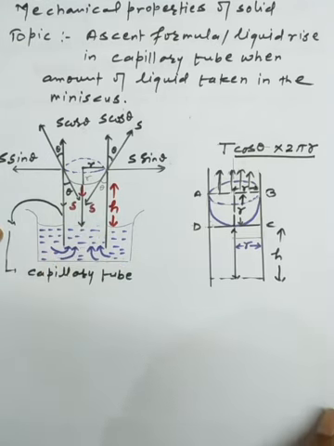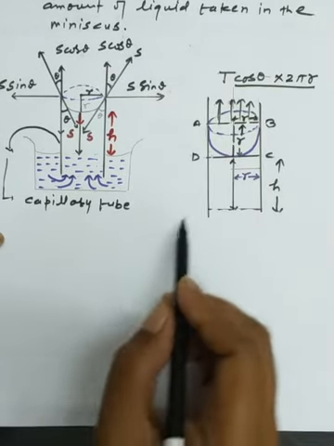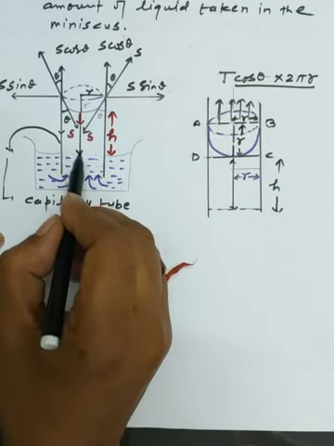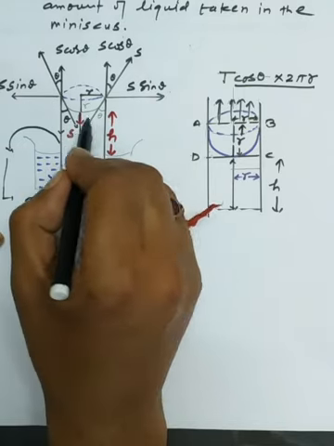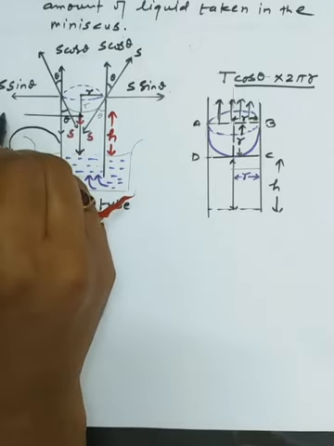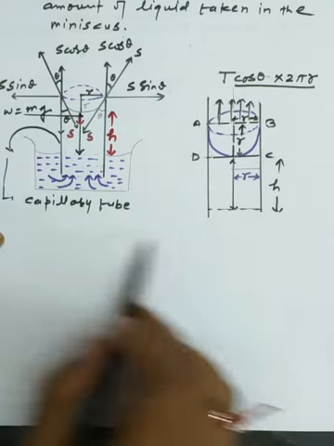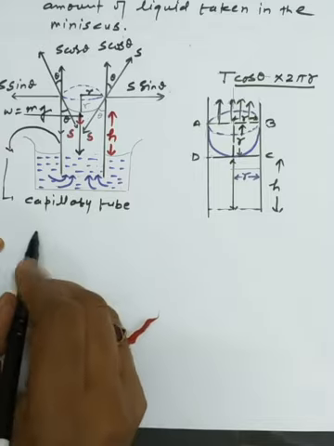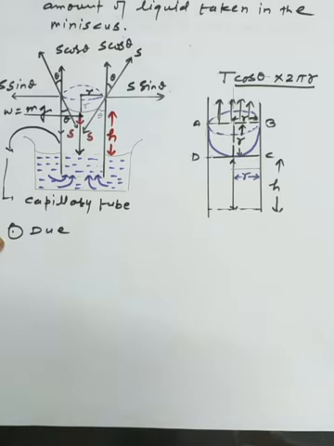Okay, so whenever the liquid is in equilibrium, we can say that the net forces acting in a vertical upward direction are equal to the net downward forces, and the downward force is known as the weight force, that is called W is equal to mg we have. So we are just making this kind of imagination. Okay, so some points we can recall here for the construction of the formula.